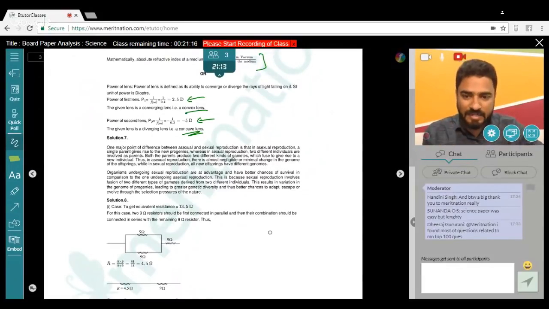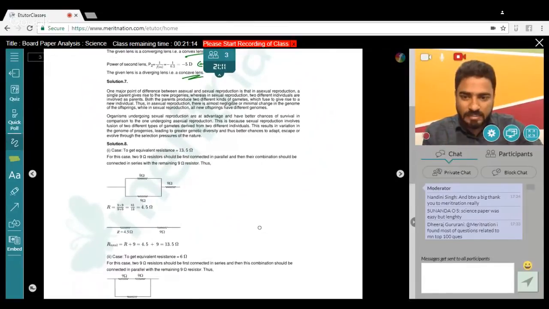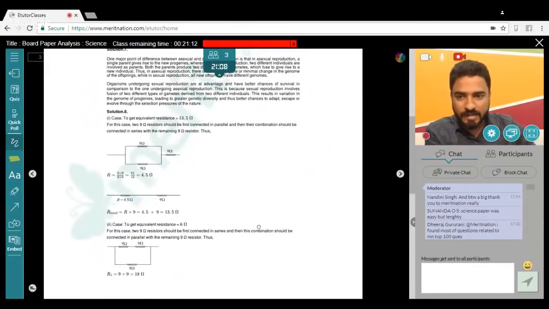And you can clearly see that yes, that is the concept used in question number 8. That is how to get the equivalent resistance. So you had to just rearrange those 3 resistors which were of 9 ohms, and you would have obtained these. This is the first setup. This is the first diagram, the circuit diagram, for which you would have got the equivalent resistance as 4.5 or